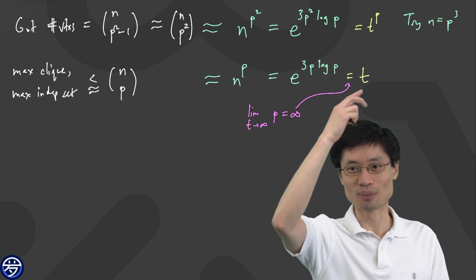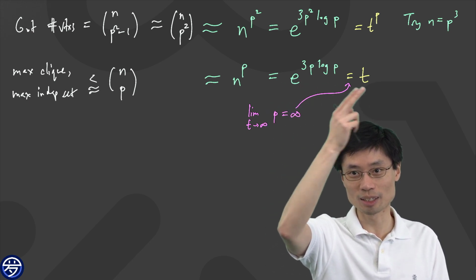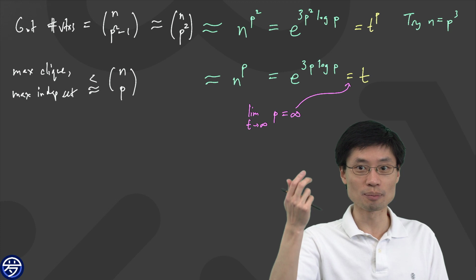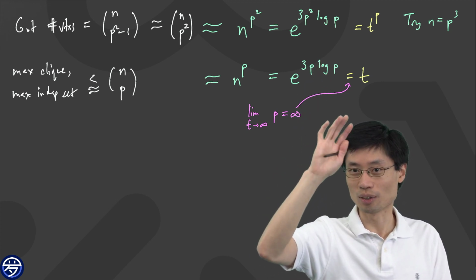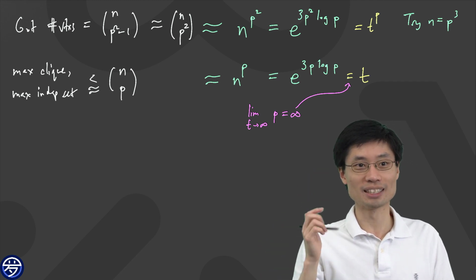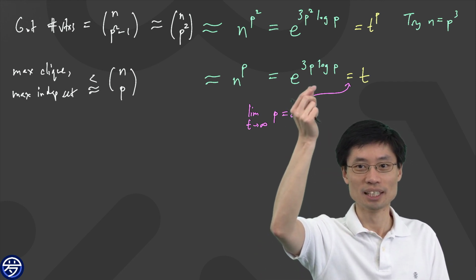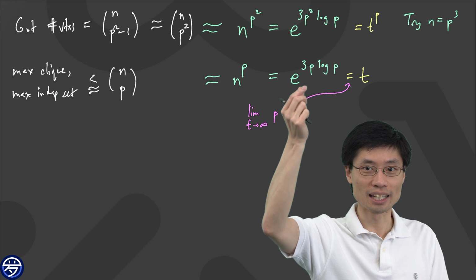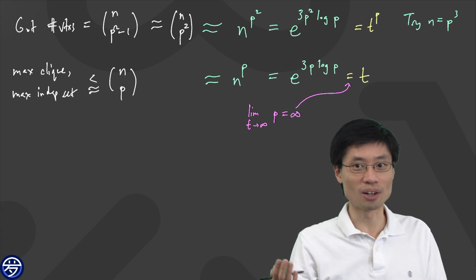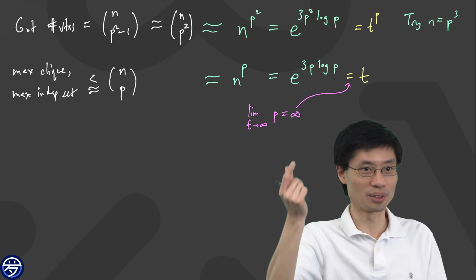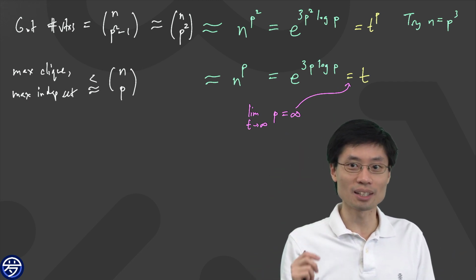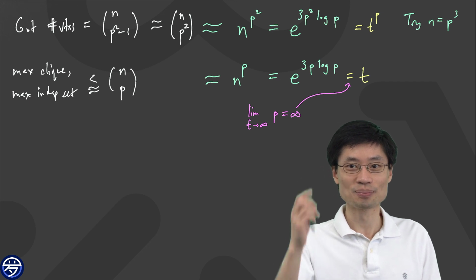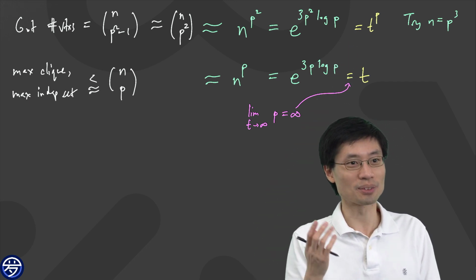If you want to reverse this particular relationship, then roughly speaking, p is going to be of order logarithmic in t, because if I take log of both sides, I get that 3p log p has to be log t. And this log p is a smaller order term. Strictly speaking, we could work that one out too. But this p is going to be something with a log t inside it. And so it will grow very slowly, but it will grow.